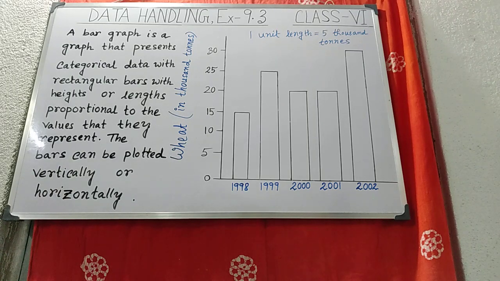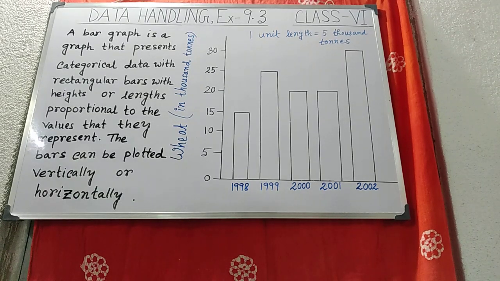Because as we know, for our midterm exam, the pictograph part is deleted, and from question number 4 of exercise 9.1, the pictograph part is started. So for our midterm exam, we will not do those sums. And also in exercise 9.2, the total chapter is based on pictograph, so that exercise will also not be done. That's why we will directly start from exercise 9.3.